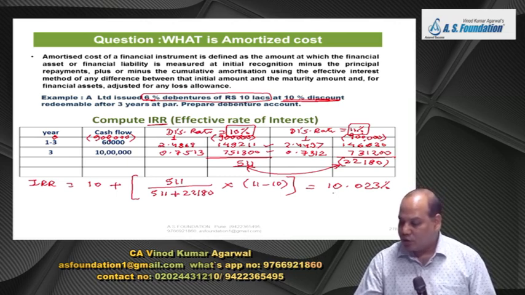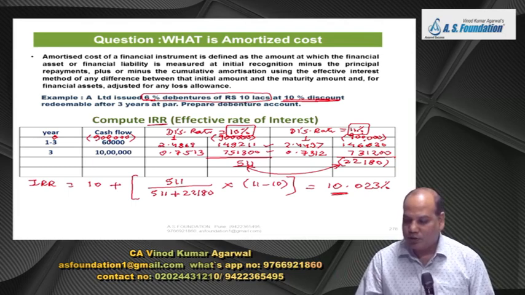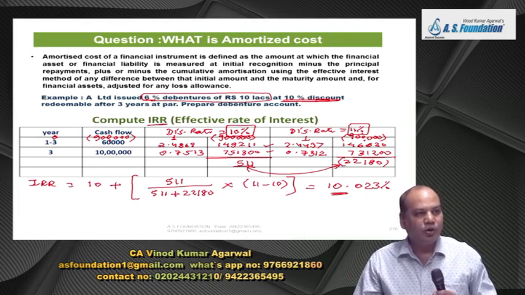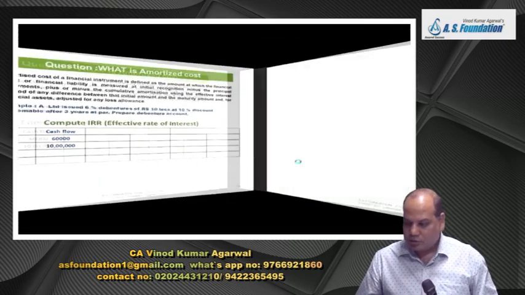This is called effective rate. This is what you are actually earning on this instrument if it is an asset for you, and this is what you are paying for this instrument if you are a borrower. Is it right? So this is what we are earning. Now the question is